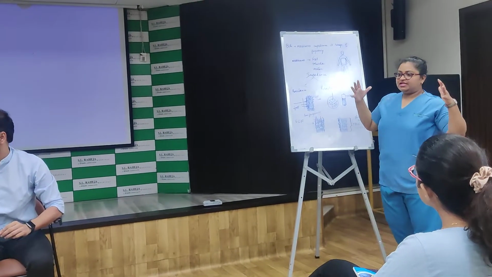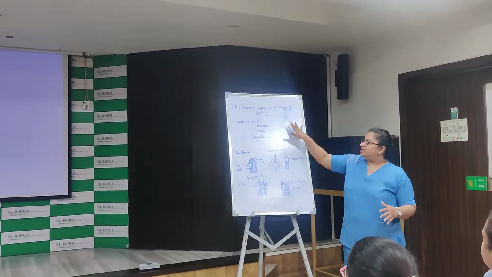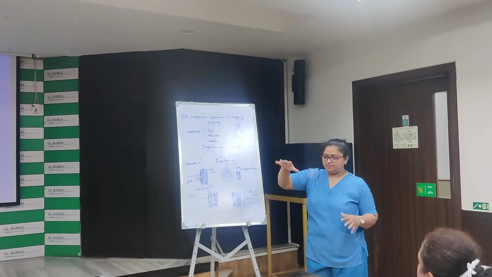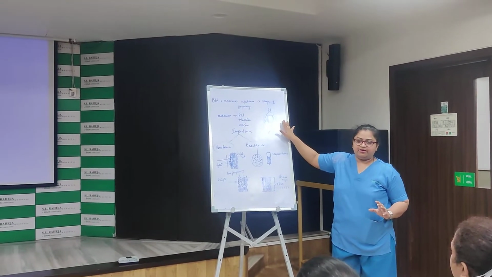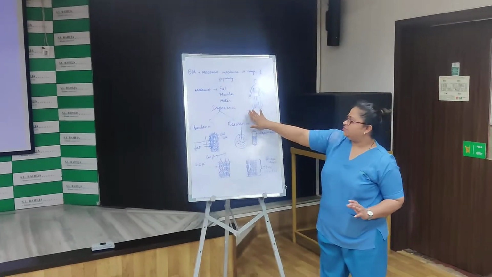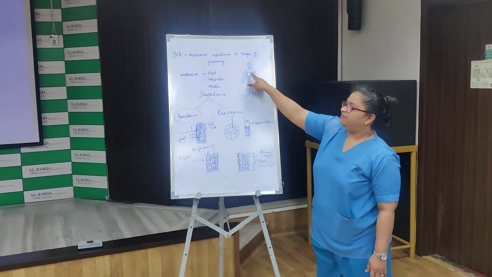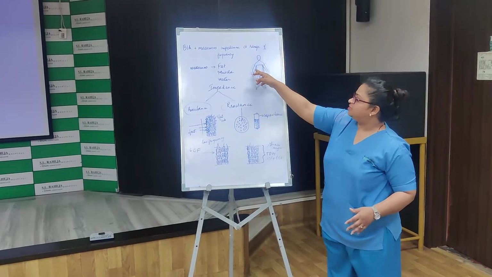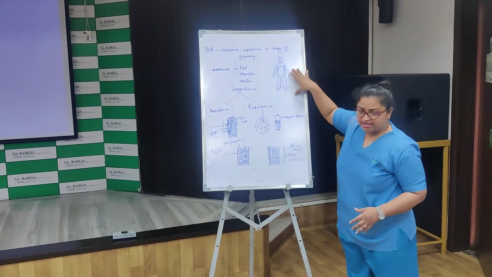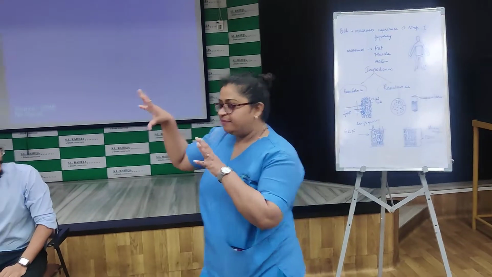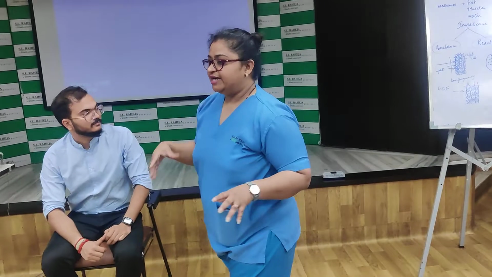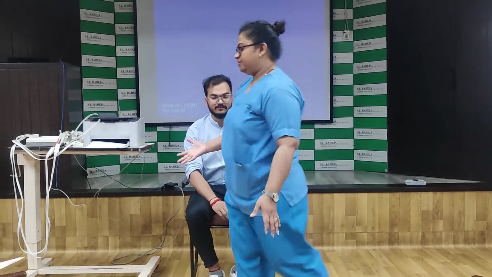compartmentalize the whole body. So basically our body is a cylinder. It is made up of 5 cylinders: 2 cylinders, the right upper limb and left upper limb, 2 cylinders down the legs, and mainly the trunk. This is how it analyzes the compartments and gives us a particular value for that particular area. That is the reason why 4 electrodes are required, so that it calculates all the things.